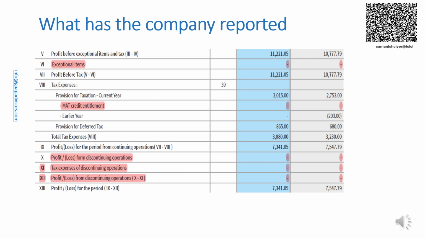Para 7 of Ind AS 1 provides examples of circumstances that may result in material information being obscured. One of those is that the understandability of the financial statements is reduced as a result of material information being hidden by immaterial information to the extent that a user is unable to determine what information is material. 36% of the line items shown in this slide are immaterial items.